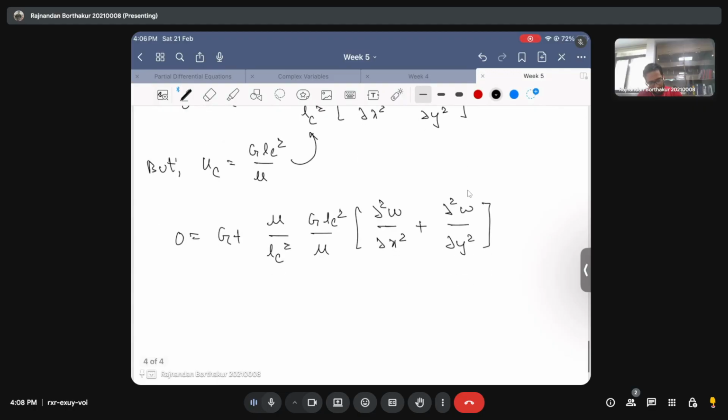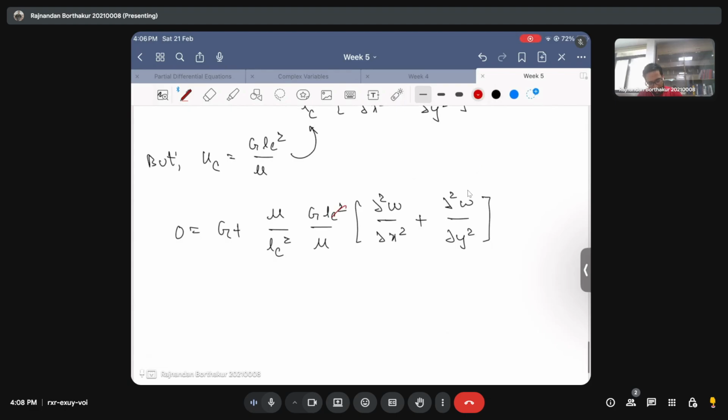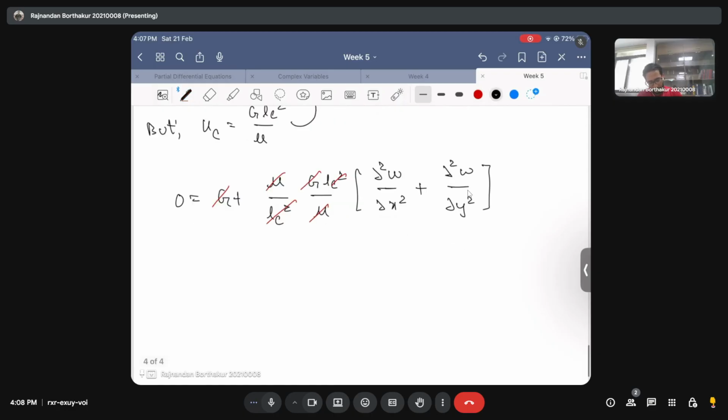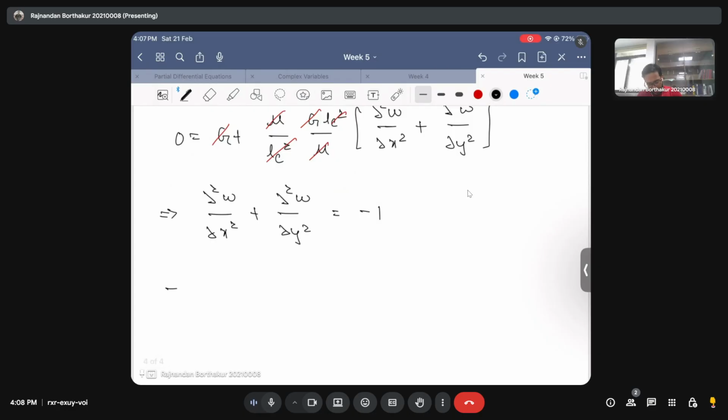Okay. And then you can do this cancellation. So LC squared and LC squared will get cancelled, mu and mu will get cancelled, and G you can just divide by G and G will just get cancelled, which means the equation just simplifies to del squared W by del X squared plus del squared W by del Y squared equal to -1, because I will have a 1 here, and I take the 1 to the other side of the equal sign. So this equation can be equivalently written as del squared of W equal to -1, okay, where this del squared is known as the Laplacian operator,